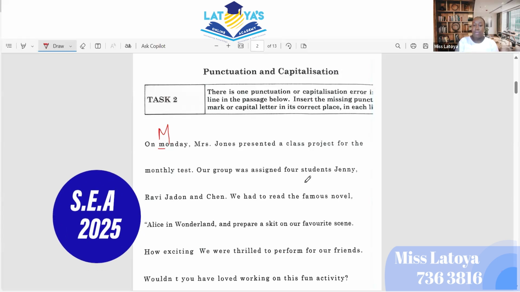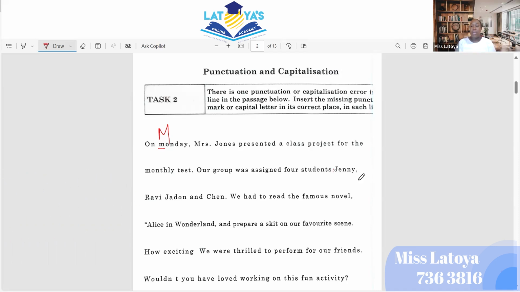The second error is a colon. We use a colon before we list things. So here we have a list of names. In some cases, you may have a list of grocery items or a list of colors. So we're going to continue reading. It is very easy to miss errors if you're not reading. And again, it's a paragraph, so I am going to take it from the top again.